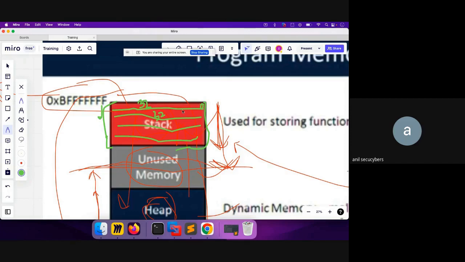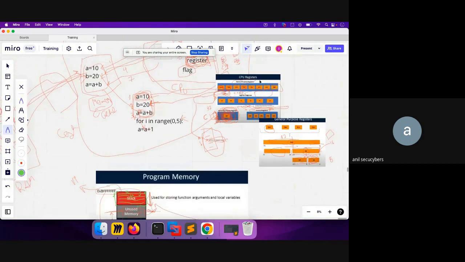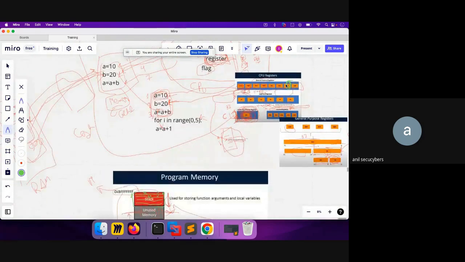Has been stored, and let's say this slot has been consumed. So how will the computer know how much of the stack memory that has been allocated to me is already consumed? That's where this comes up: the ESP register. This ESP register actually